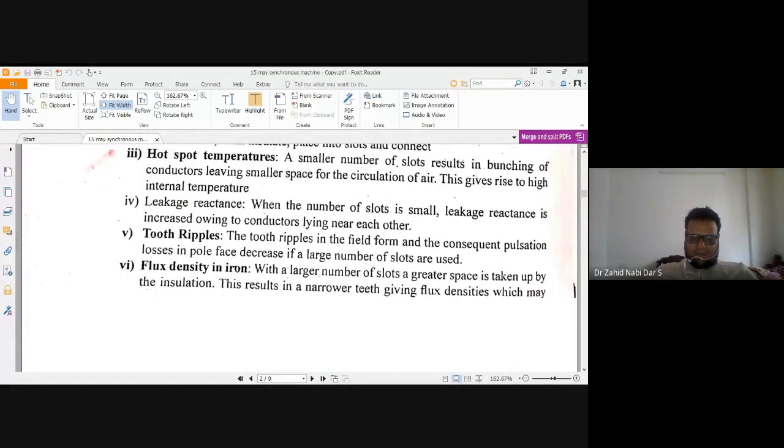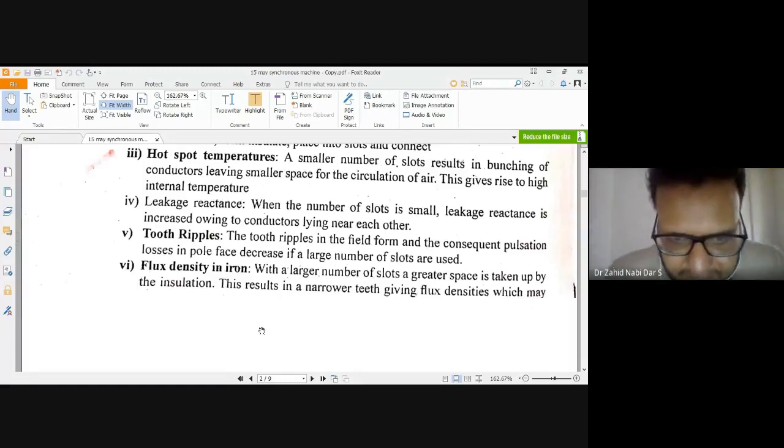So what do you mean by ripple? Somebody told correctly: the amount of DC present in the AC means ripple. So the presence of DC quantity inside the AC means ripple. Harmonics means deviation from the fundamental frequency. It means the current will increase in the harmonics. But ripple means presence of DC. For example, percentage ripple will mean percentage DC present in AC.